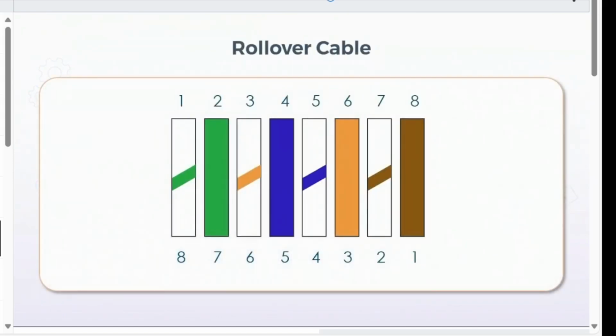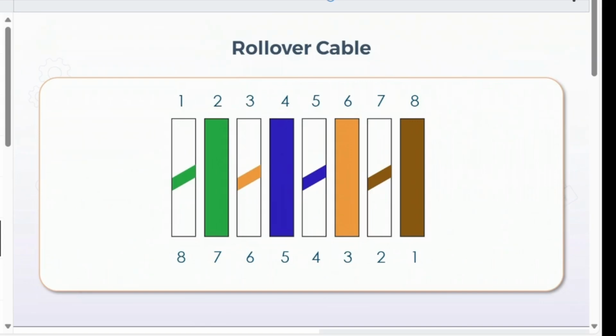Similarly, there is another wiring pattern which creates what's known as a rollover cable. These would likely be less common than even a crossover cable, as they have a very specific use, which is to connect your computer to the console port of a router or a switch to configure it. In terms of wiring, they implement the exact opposite sequence from end to end, so that pin 1 connects to pin 8, 2 to 7, 3 to 6, 4 to 5, 5 to 4, 6 to 3, 7 to 2,